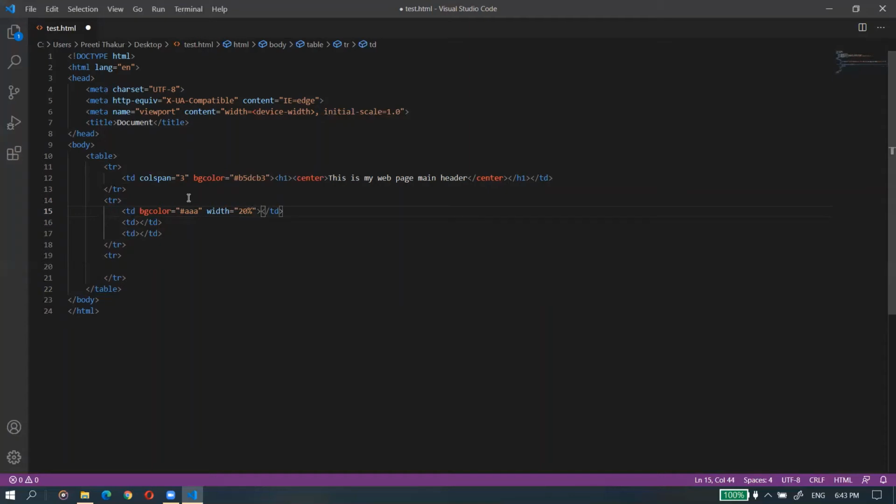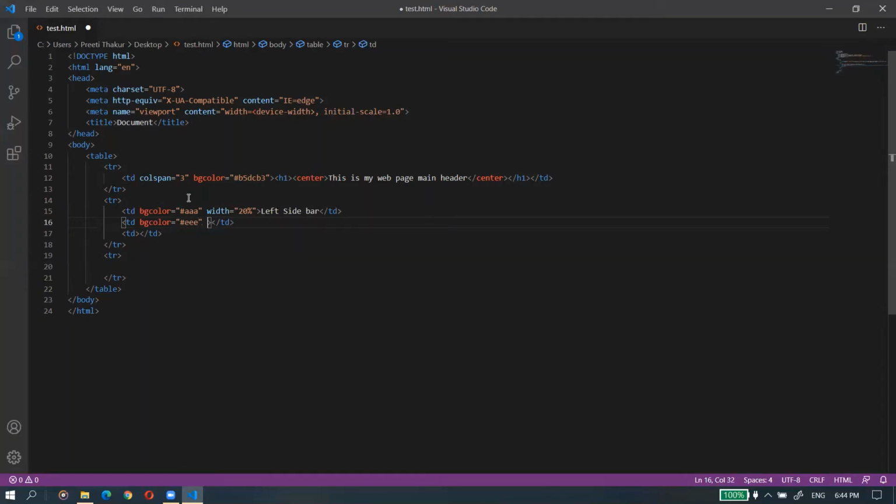So here it is a left sidebar, right? Now I will create the center section. For this center section, I'm taking another color, like this.